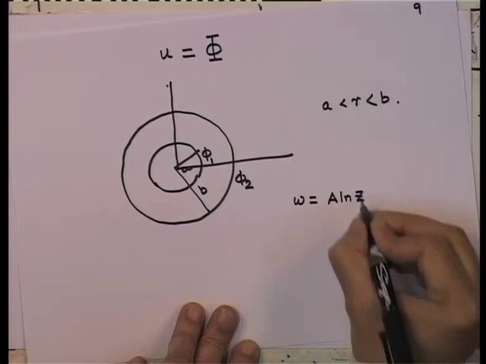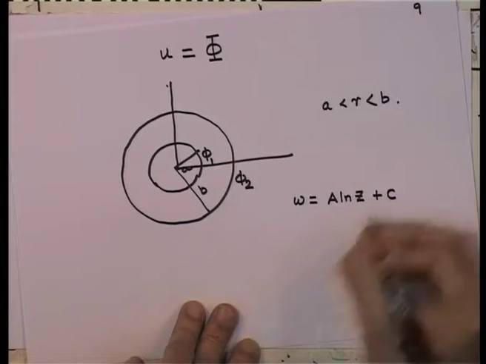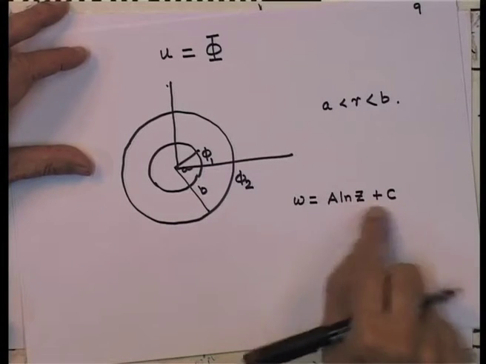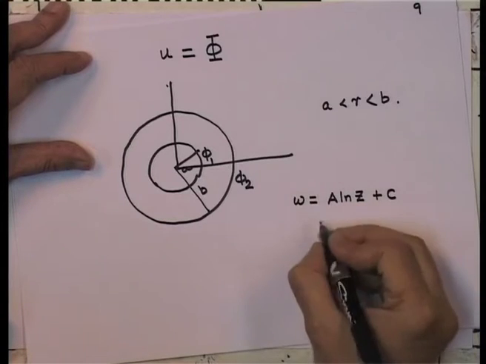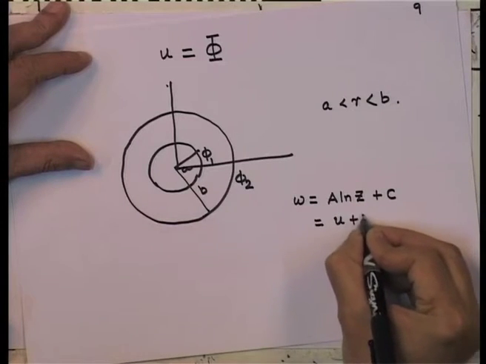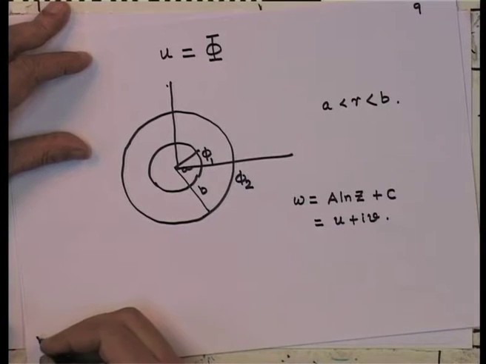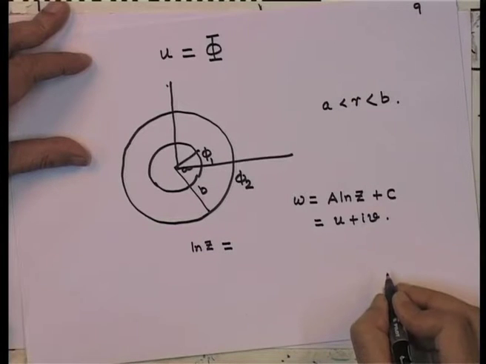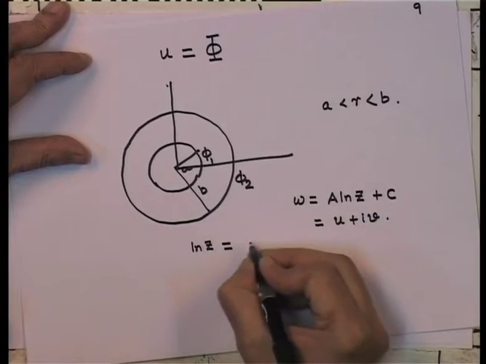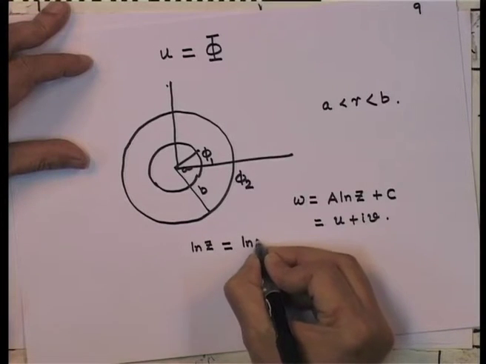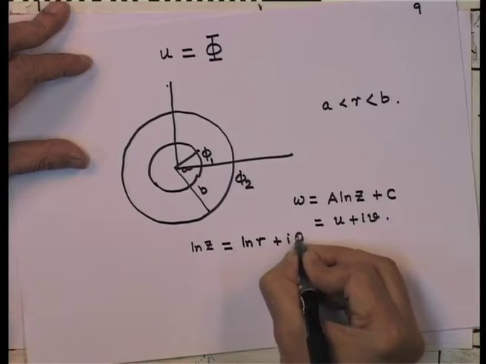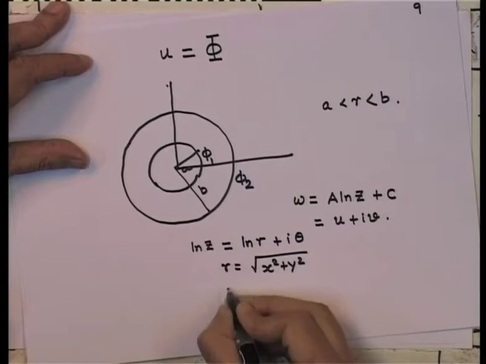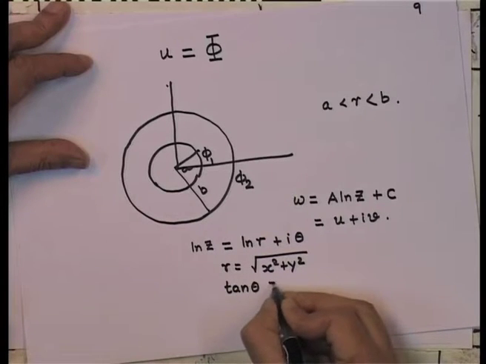I will tell you in a moment how I infer this. Let me consider a complex potential which is written like this. Remember, z is a complex variable, and write this as equal to u plus i v. Now, I know that in polar representation z is r e to the power i theta. So, therefore, log z is nothing but logarithm of r plus i theta, where r is of course equal to the square root of x square plus y square, and tan theta is equal to y by x.